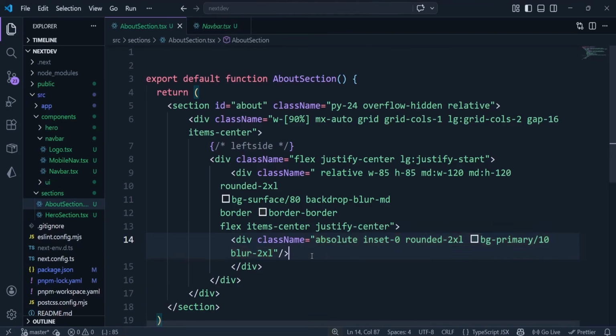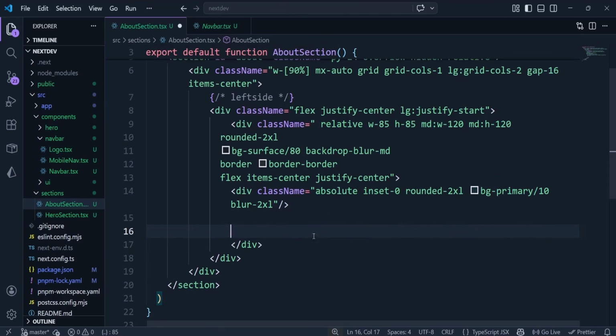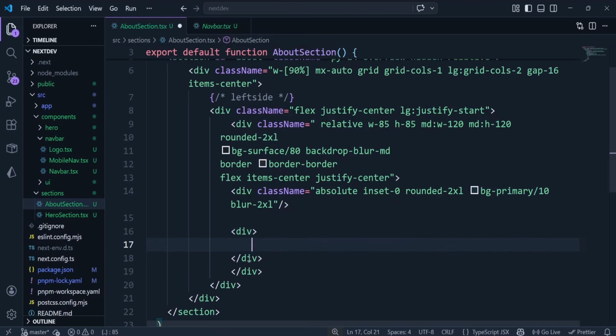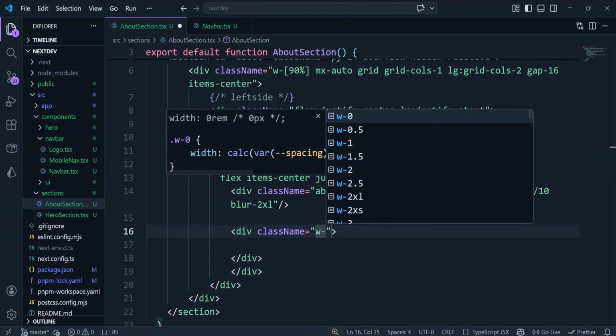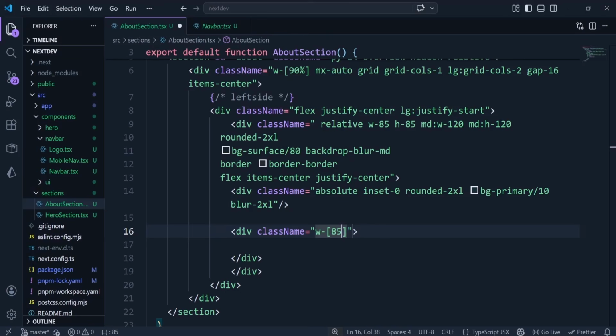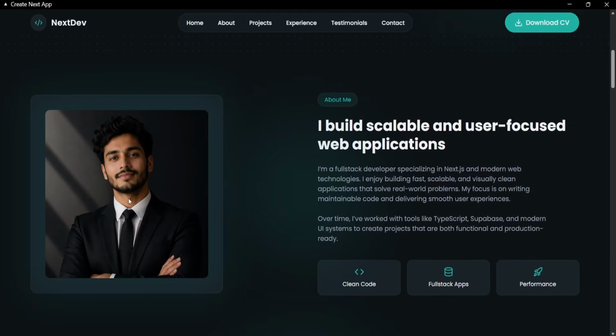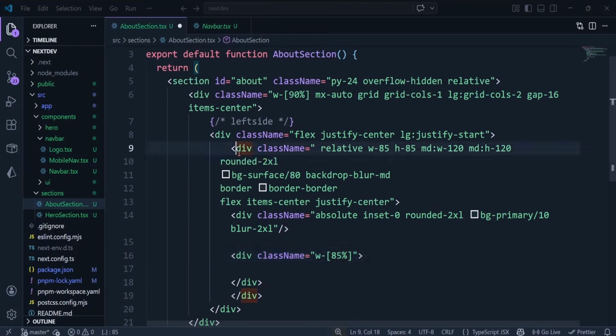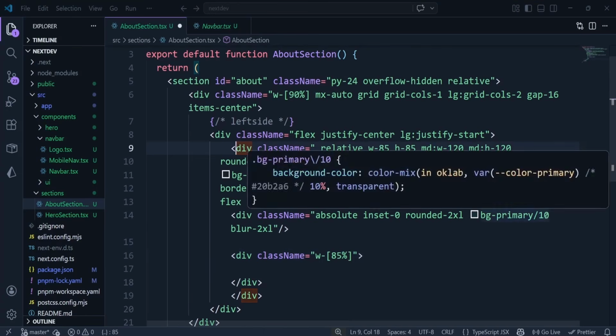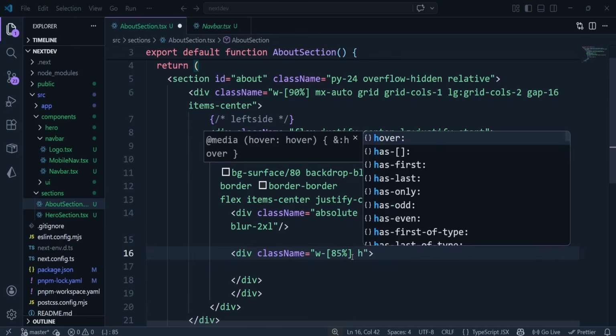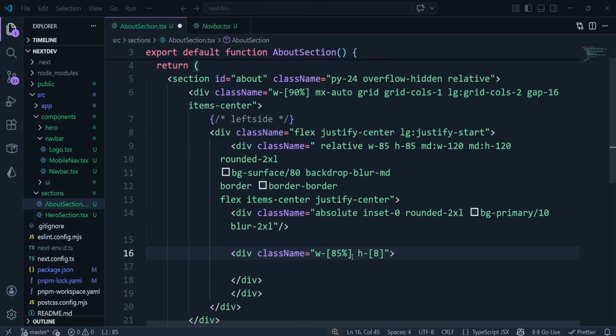And then after this glue, we're going to actually create the div that's going to wrap around the image. I'll create a div tag, which I'm going to give a Tailwind class of a width of 85%, because when you check the finished project, you're going to see that the image is not going to occupy the entire width. It's going to occupy about 85% width and height of this div container right here that we're giving a bg of primary/10. Also give it a height of 85%